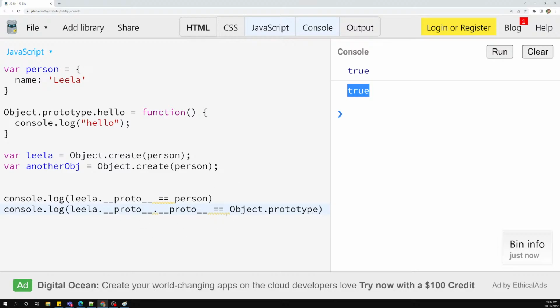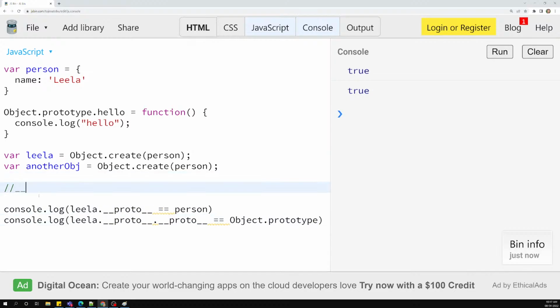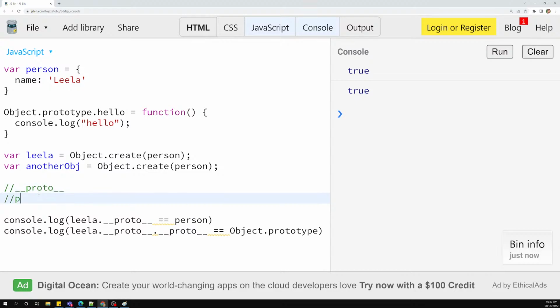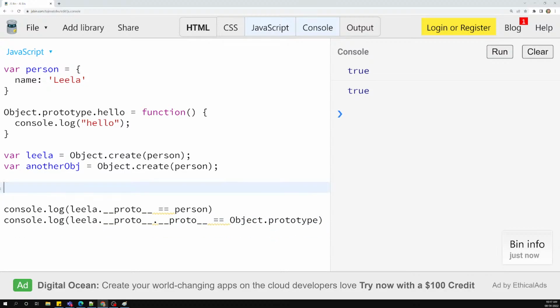So this is how the prototypes will be. Now we should not use this __proto__ property. Some browsers support this __proto__ property, and some browsers don't support it, so we should not use this one. In the browser, some browsers will support it. Instead of this one, you can use something like,